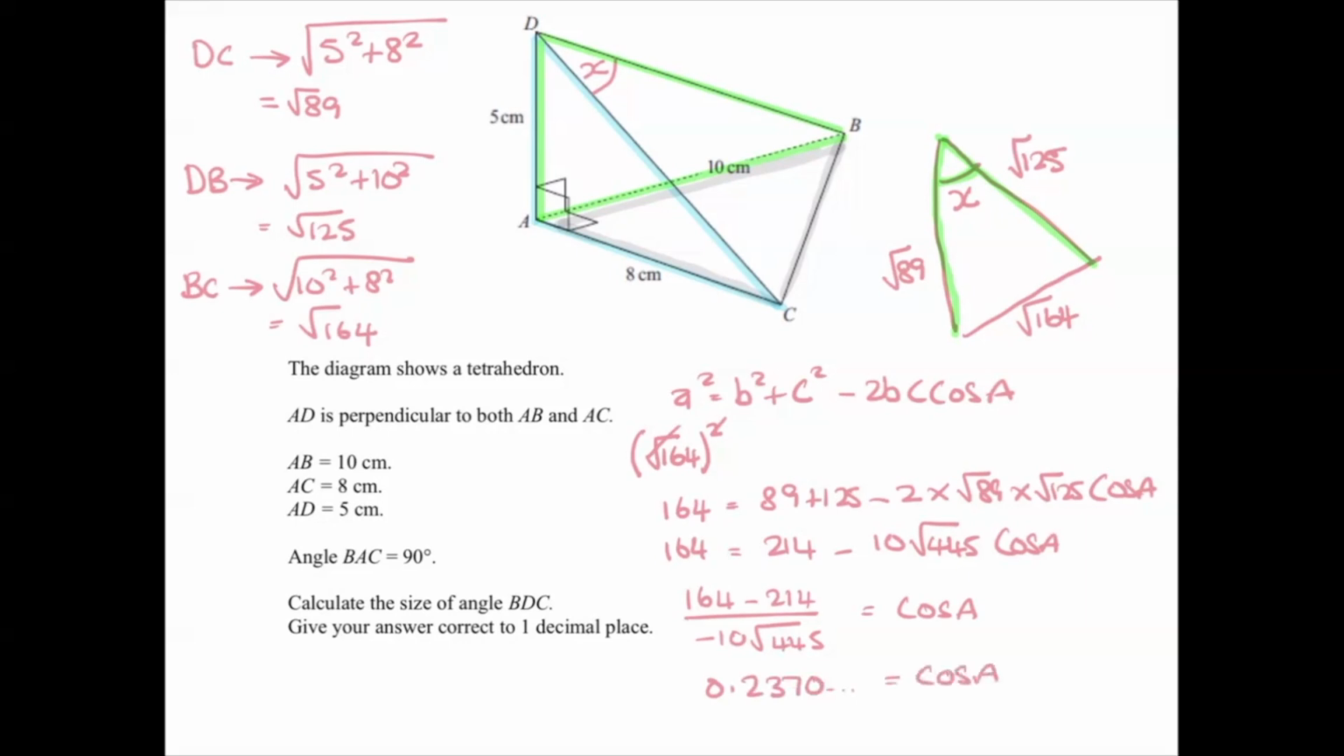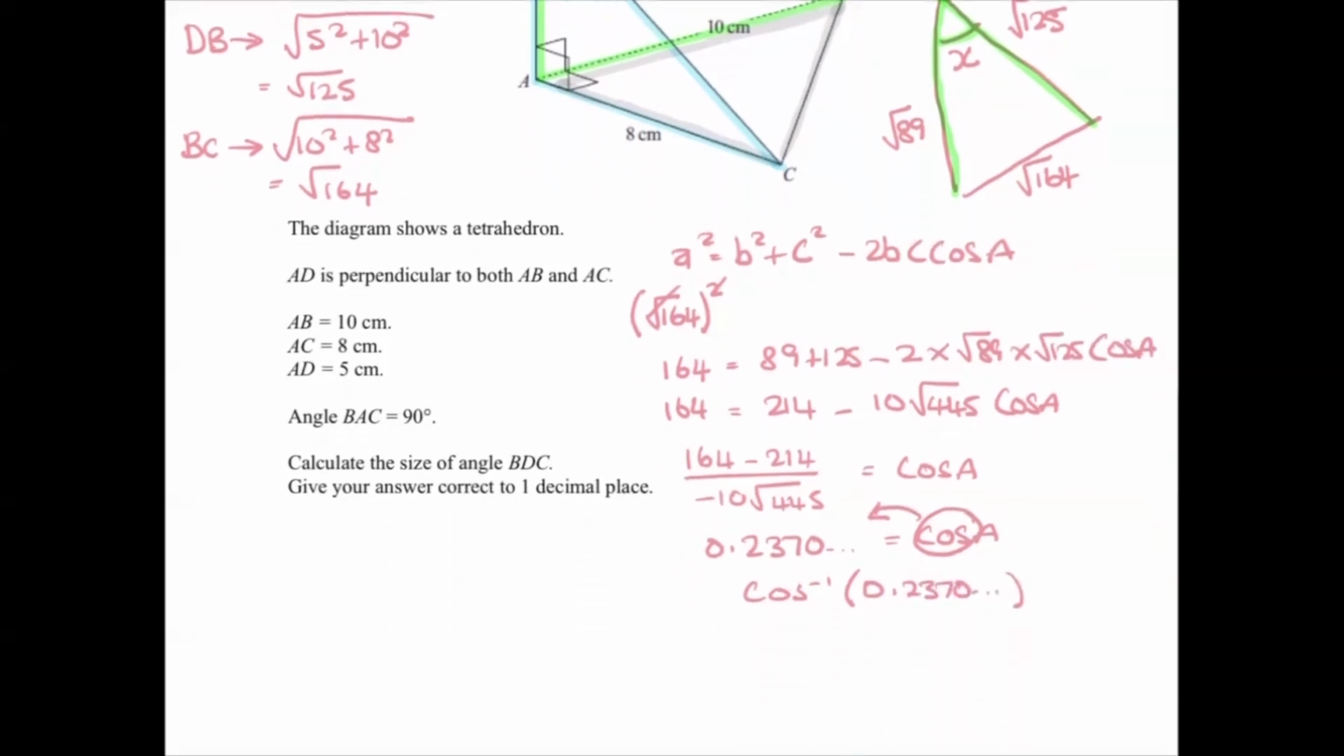And now to finish it off, to find A, I just need to get it on its own so that cos is coming across. It's going to land as its inverse. I'm just using my answer key on the calculator. I don't need to shorten it. I don't need to round it. I can put the whole thing in, and I'm getting 76.289. On it goes. Check with the question. It wants it to one decimal place. So the final answer is